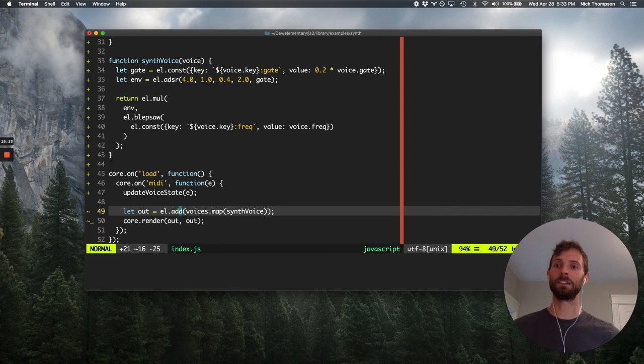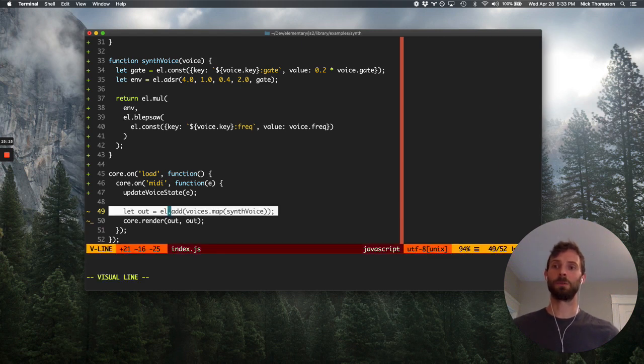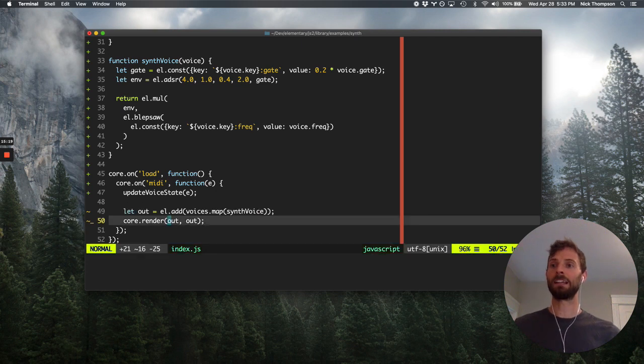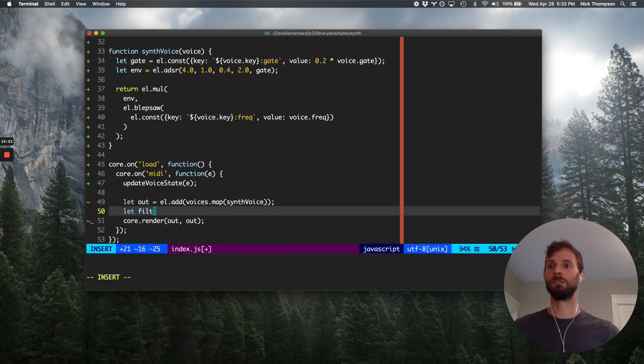And now down here, so we've summed all those up into this output variable, and now I think it'd be neat to filter them. So let's put a super simple filter, 800 hertz cutoff frequency, 1.4 resonance,